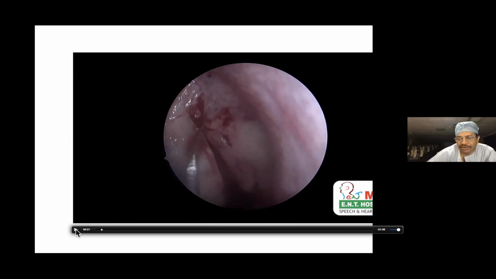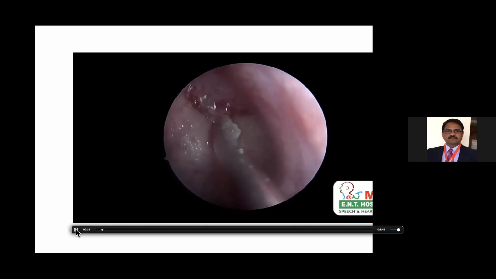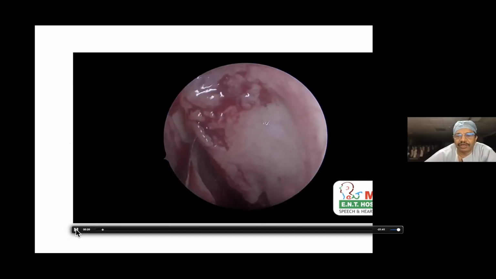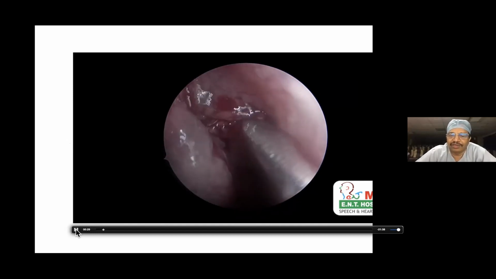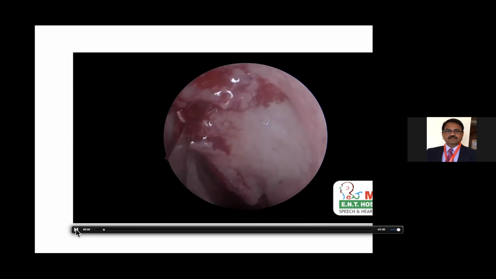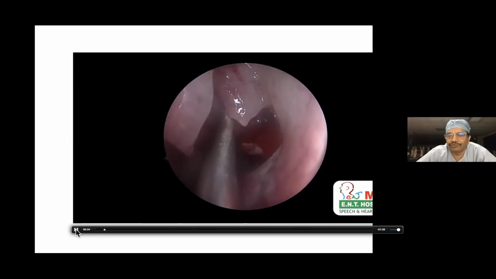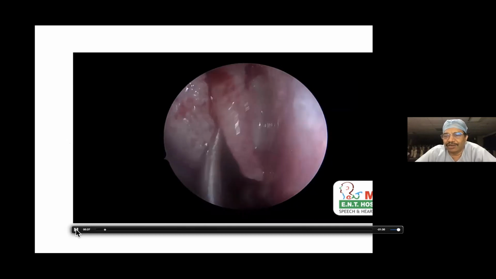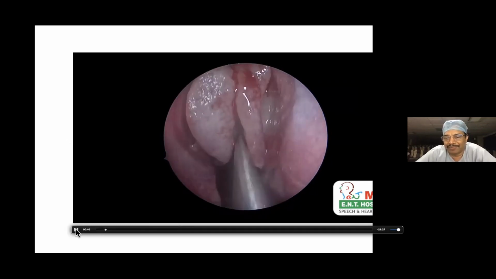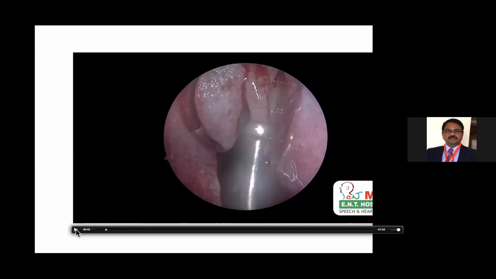I gave an incision with a reverse cutting punch at the junction of the vertical and horizontal parts of the uncinate. The next step, you can watch now: using a sickle knife, I incise the mucosa of the uncinate at the superior attachment of the uncinate process. Then I incise the bone also. Then using a ball probe, the first thing I do is palpate the lamina papyracea. So you're pulling the uncinate forward, like a flap.